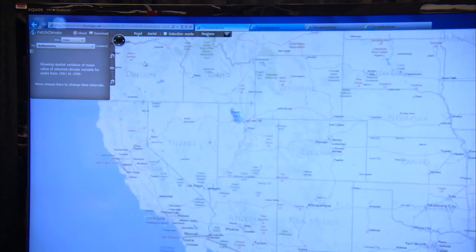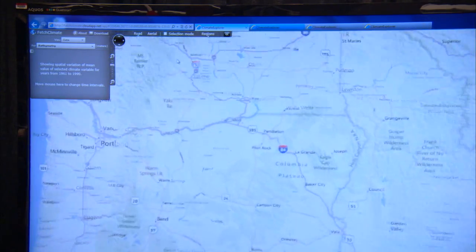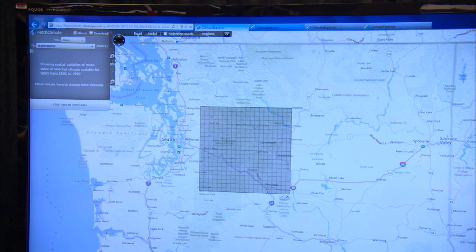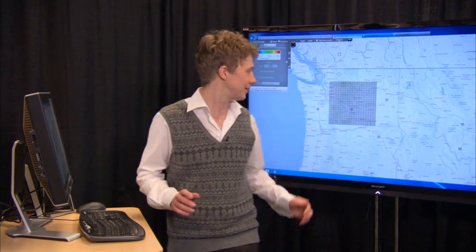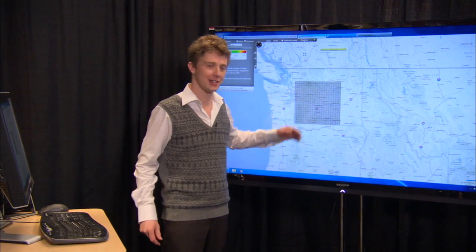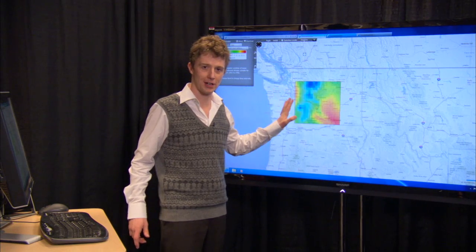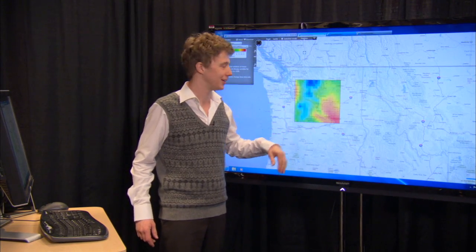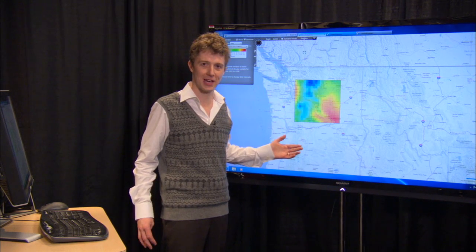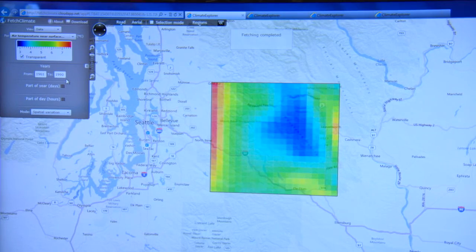So I'm going to zoom in on the area around Redmond, and I can just really easily draw a square here to populate a grid and hit fetch. And what's happening is this is a Silverlight application which is communicating with an Azure service. That service is looking over a large number of large data sets, and it's choosing the best data to answer the query. It's then doing a whole bunch of complex mathematical calculations and sending the result back to our application